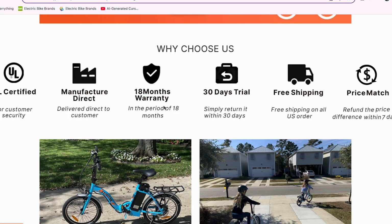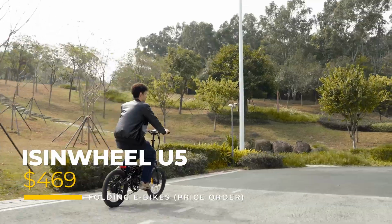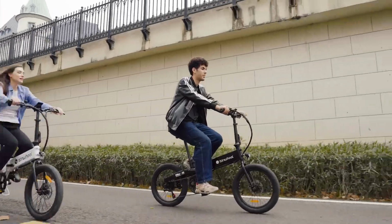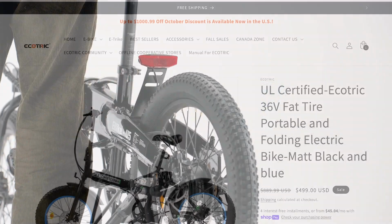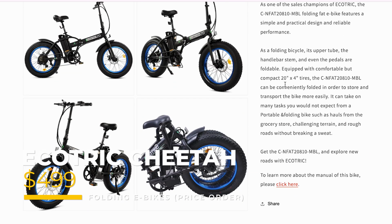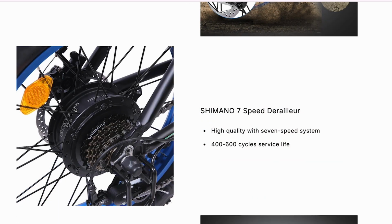18-month warranty. Climbing that scale from $429 to $469 is the Ison Wheel U5, available in white, tan, and black. It features a 500-watt hub motor and a 7.8 amp-hour battery pack, providing a 20-mile-per-hour top speed. And if you want, you can get a 36-volt version of the Ecotric Cheetah for as little as $499. It does come with 20 by 4-inch fat tires, a 12.5 amp-hour battery, a nice-looking Ecotric branded hub motor